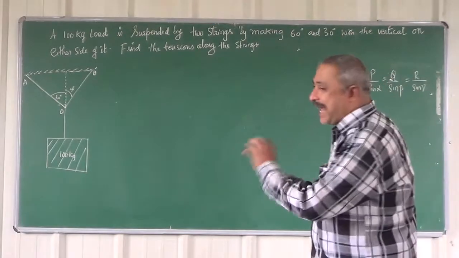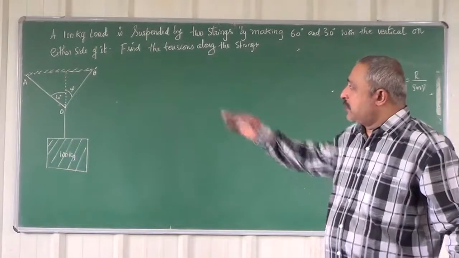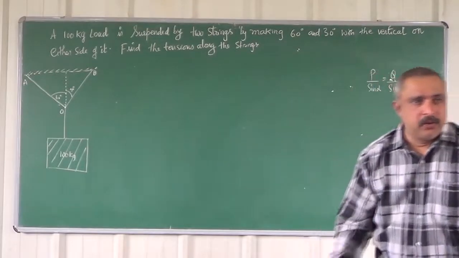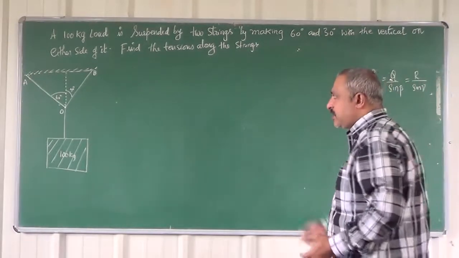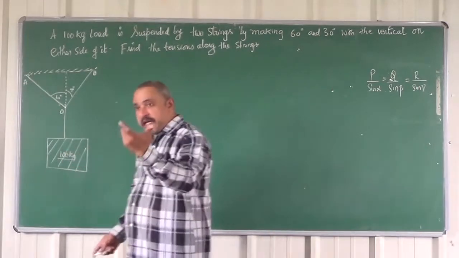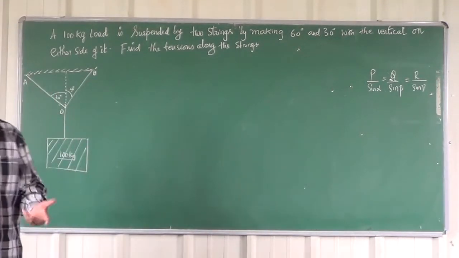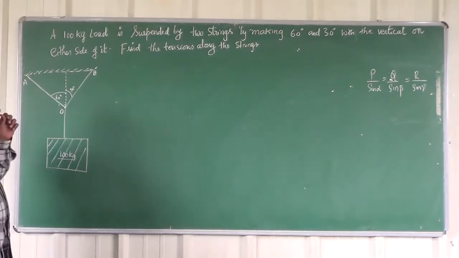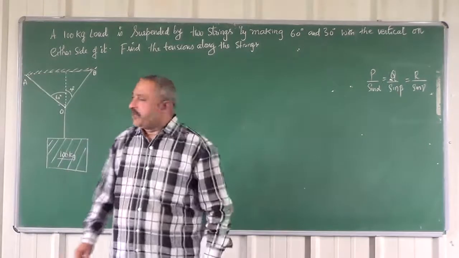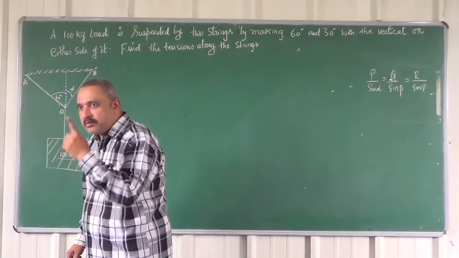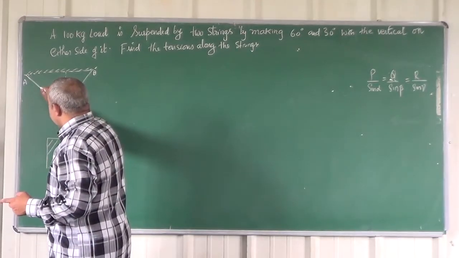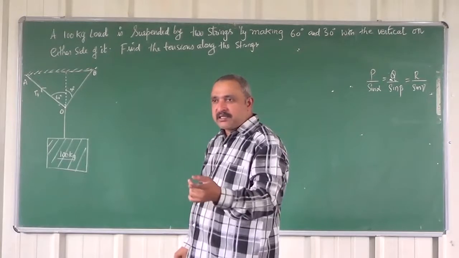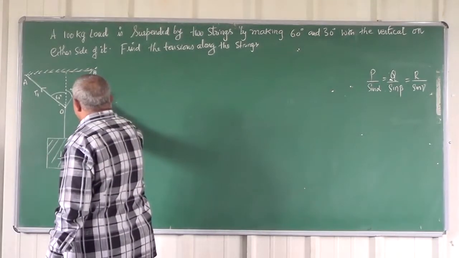What do you have in strings OA and OB? OA is one string which is making an angle of 60 degree to the vertical. OB is the other string. What do you expect to find inside these strings when suspended by the 100 kg load? Tension. Very good. Those tensions are nothing but forces. The tension in the first string OA acts from O to A. Let's call this first force along the string OA as T1, and the tension in the second string as T2.